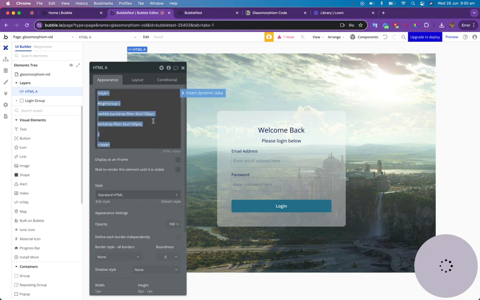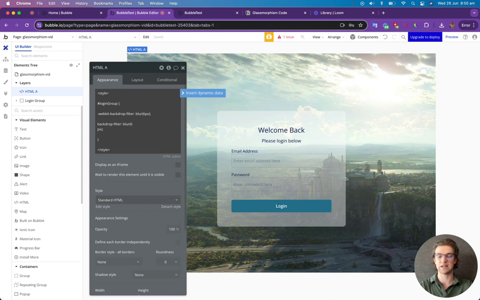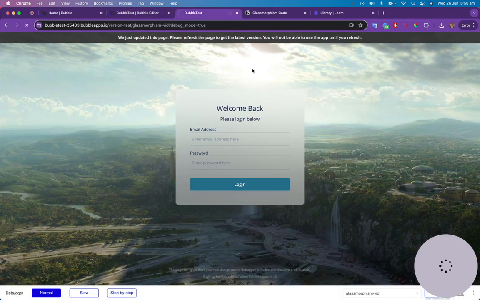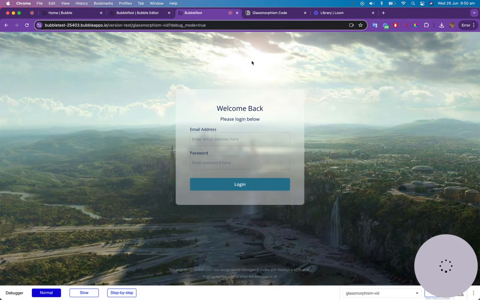So 10 is pretty good for this one. I was having to play around with it earlier. I think 6 is quite nice, where you can still see some of the detail, but it gives it enough contrast for you to be able to see the details on the page as well. So there we go. That's quite nice. It gives us enough detail to where we can see that we're seeing the image through it, but it's not